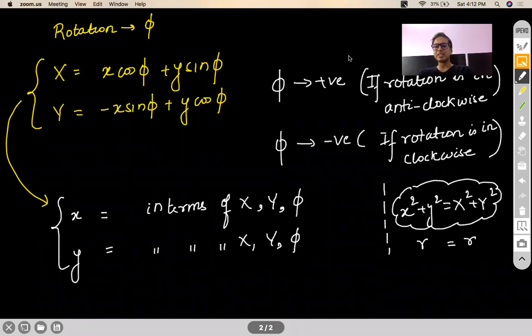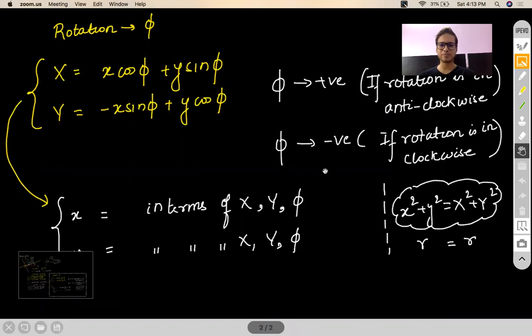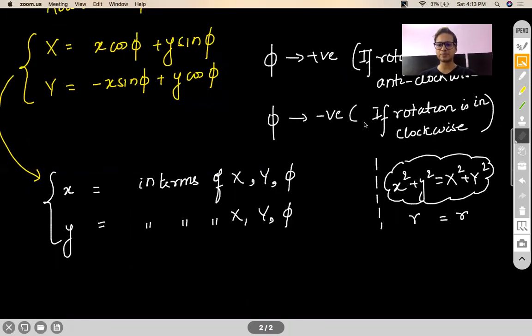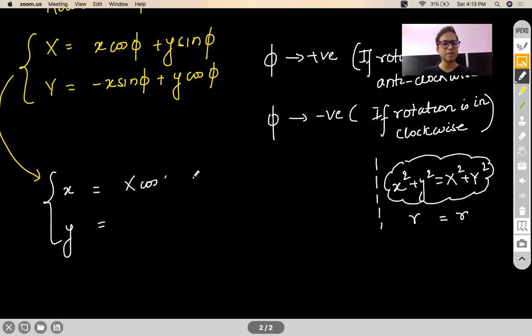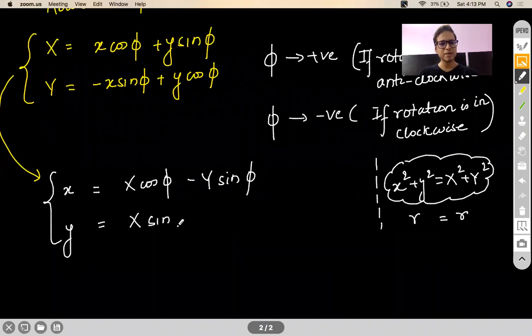Okay, very good. So Hariharan is saying, I'm going to change phi with a negative phi. Is it correct? You are absolutely correct, Hariharan. Very good. Wow, awesome. So I'm just going to change it over here itself. Your answer is going to be, your small x will be capital X cos phi minus capital Y sin phi, and this will become capital X sin phi plus capital Y cos phi.